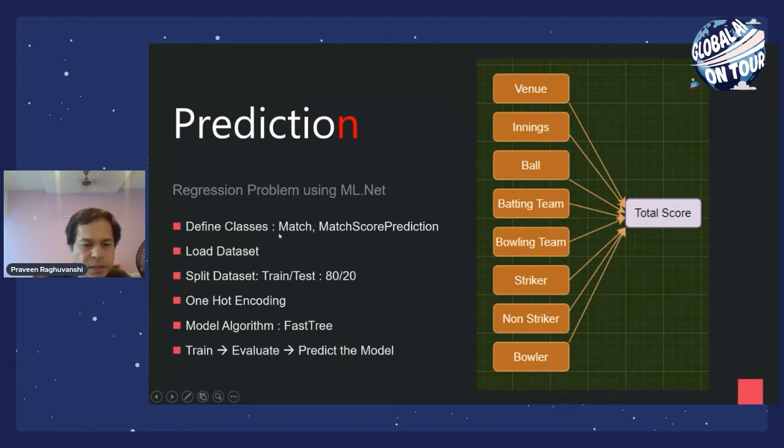So we have defined the classes such as match score prediction. This is a typical workflow for any ML problem. You need to load the data set, you need to split the data set. So I have split it into 80/20. Then you have to have the one hot encoding. So that means